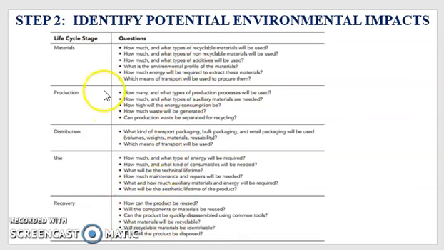These questions are related to the material, production, distribution, and usage of a product. Products such as automobiles, electronic devices, etc. cause major environmental impact during their usage, whereas products such as clothing, office furniture, etc. cause greater impact during material preparation, production, and recovery stages of their product life cycle.